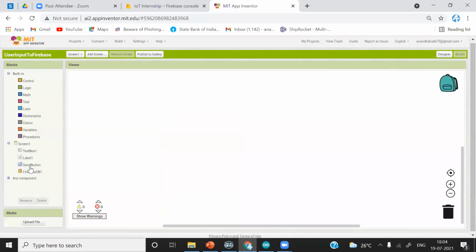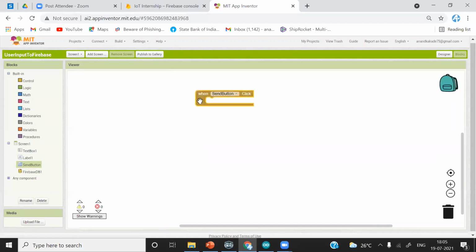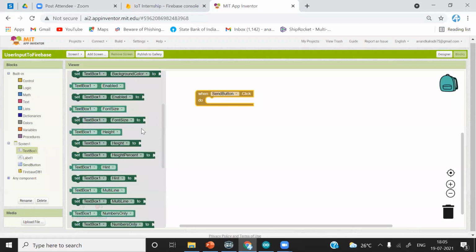So first thing is we'll select the button, because after clicking the button we want to send the data. So when we click this button, send button dot click, we will send a text.